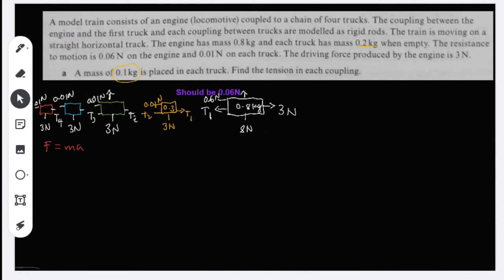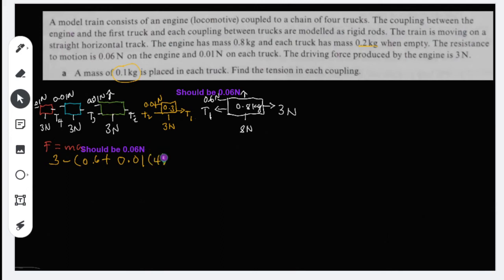Now, computing the forces based on the given: we have the driving force, which is 3 Newton, minus the resistance of the engine, 0.6, plus 0.01. Remember the resistance on each track, the 4 tracks, will be 0.01, so we can just have 0.01 times 4